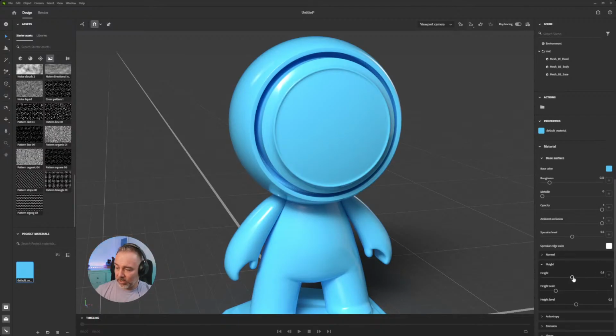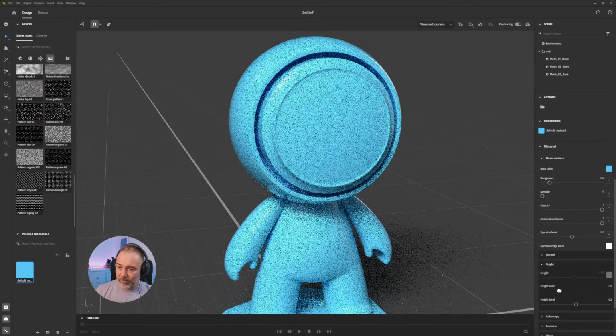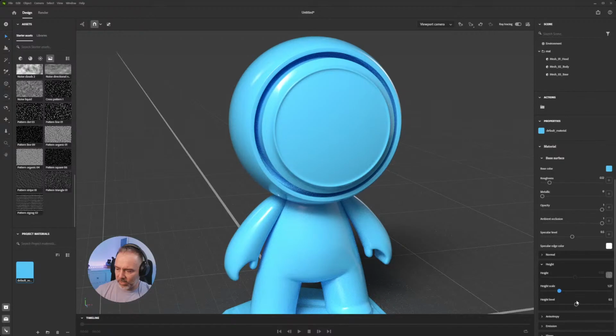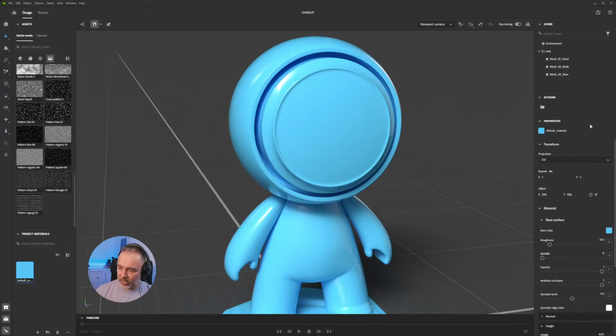So if I change that now, you see that nothing is happening. First, because there is no map, but even if I put a map, so let's put once again this one, I like it. It's not doing anything. I don't have the control here, of course, because it's controlled by the map. But if I change the scale, you see that nothing happened. Why? Because there are two ways to really make it useful. Either you combine it with a normal map, with this,